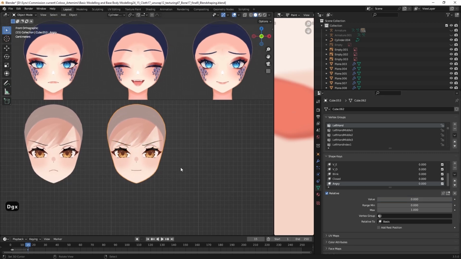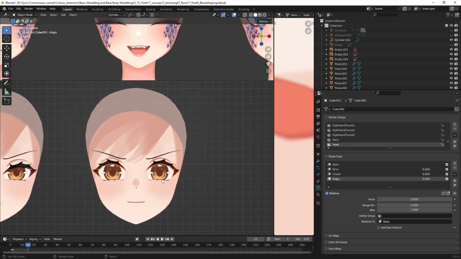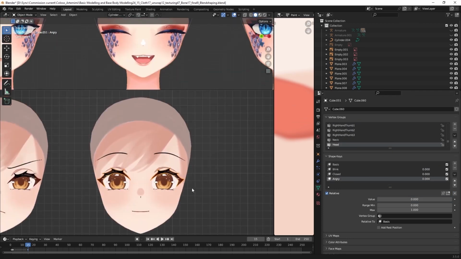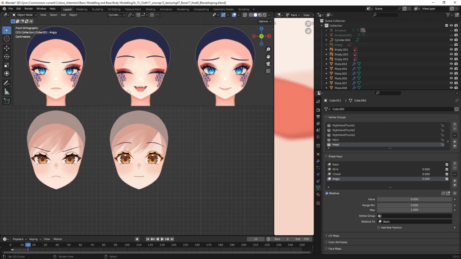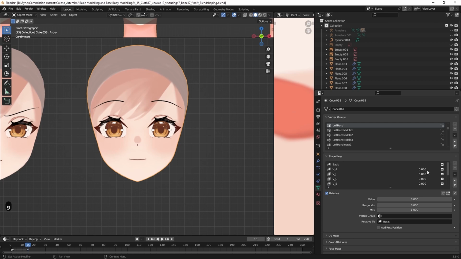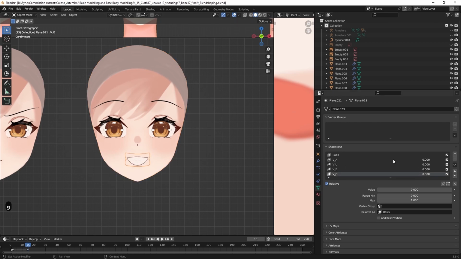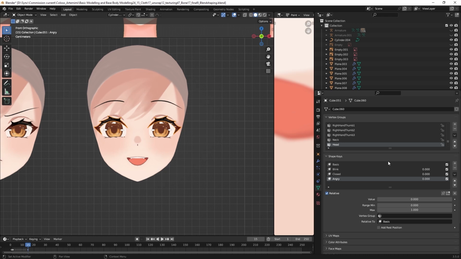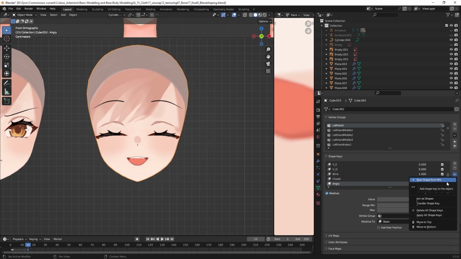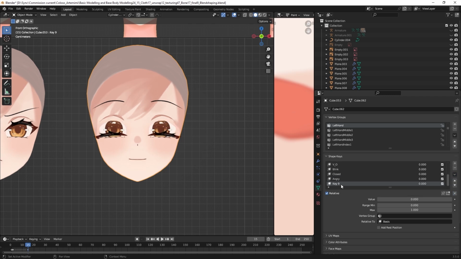So for the joy expression, we can create it from a combination of blink and mouth A. To do that, we're gonna have this mouth A here, all right, and the tongue A, okay, and then we're gonna have this blink, and we're gonna use blink like this, all right, and then we're gonna have a new shape from mix, and we have this as happy.